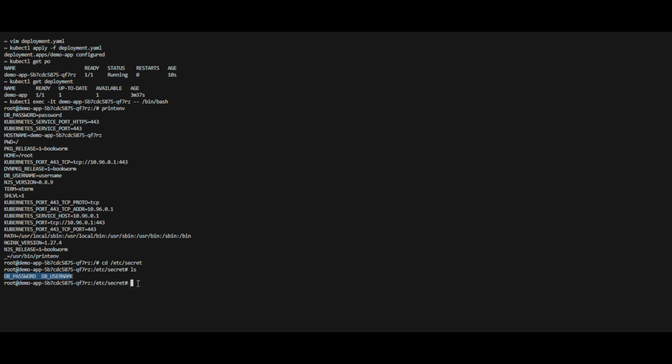Let's verify the value of the secrets which are created as individual files, whether it will match the value we inject in the data section of the secrets or not. Let's view the content of db_password file. Well, it's the same base64 decoded content we inject in the data of the secrets. Similarly, let's view the content of the db_username file. Again, we can see the same base64 decoded content of the key db_username we inject in the data